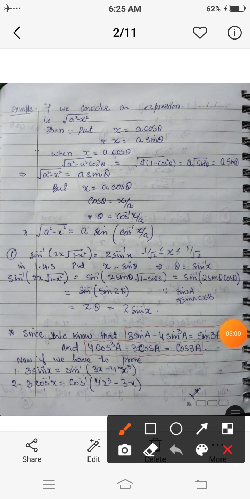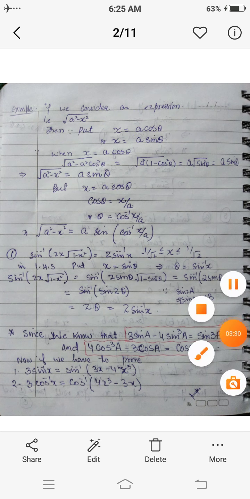Now if we consider the expression root of a square minus x square, in order to simplify this expression we will use substitution. If we have an expression containing a square minus x square in the square root, there are two ways to solve this: we put x equals a cos theta, or x equals a sin theta. Now when we put x equals a cos theta,